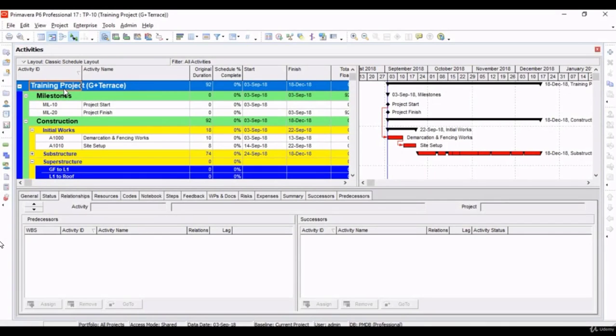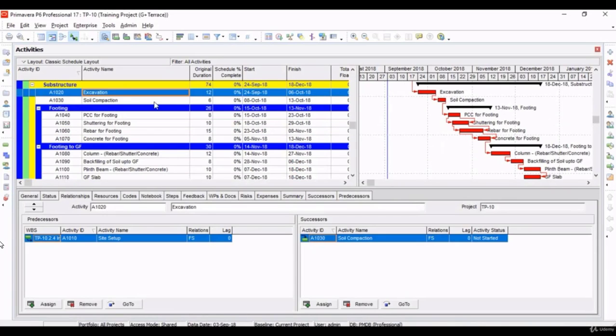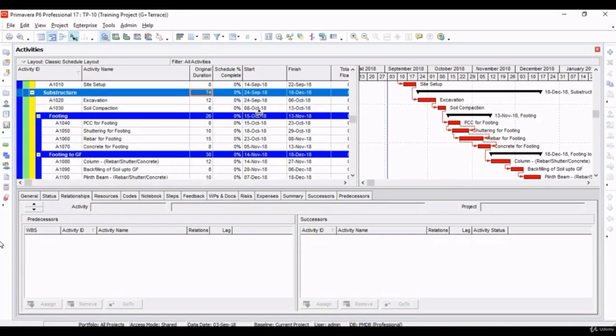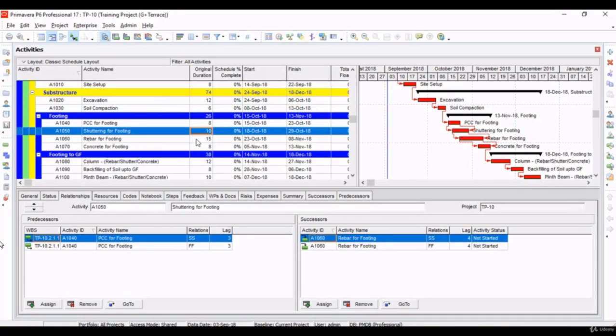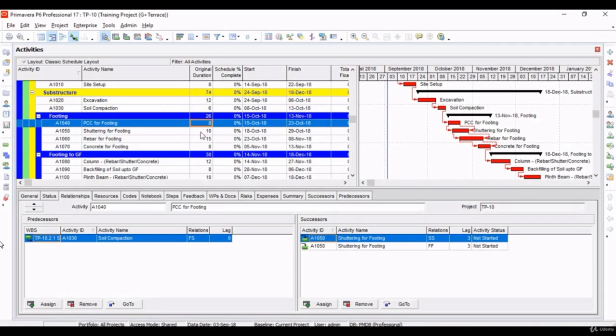Let's continue to construction of superstructure. Now, in the last video we have seen the whole process for adding activities that we did for substructure, the total duration required for construction of substructure, and how a relationship can be changed, manipulated, or modified to get a certain duration for completion of certain works.